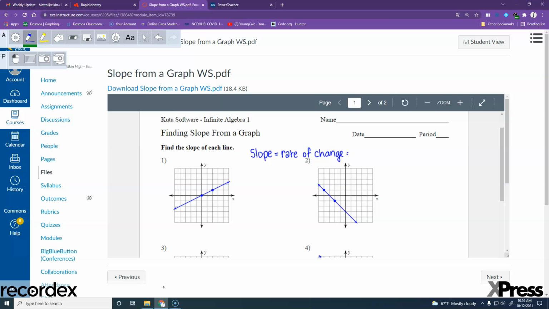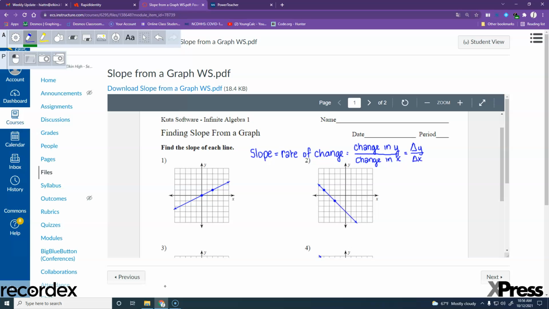And our rate of change is going to be our change in y over our change in x. And some symbols that we use sometimes for that, if you see this triangle in math,